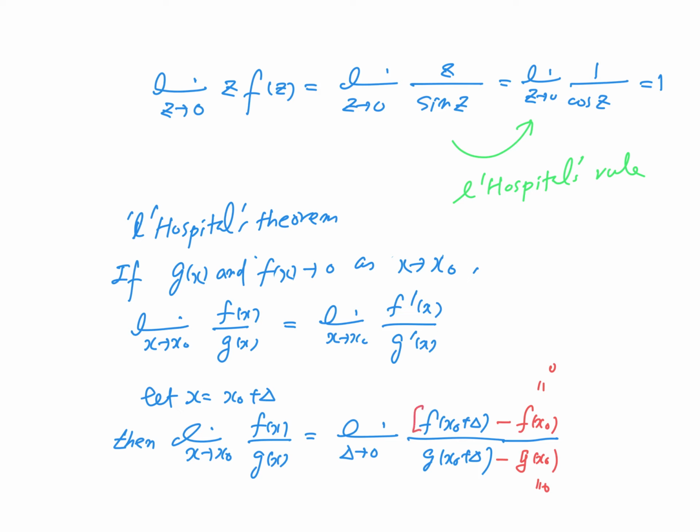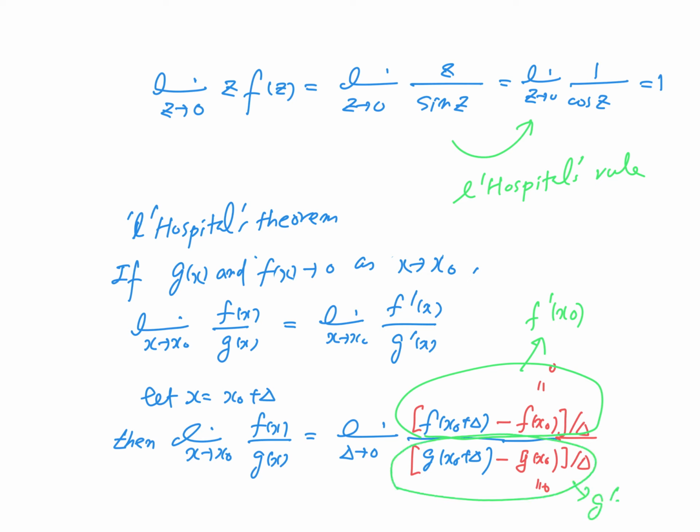And it's about time to use delta. You divide by delta and multiply by delta. It's the same, right? However, this part becomes what? When delta goes to 0, this becomes a derivative. So this becomes f prime x0, and this becomes g prime x0. Right? So L'Hopital's rule says,